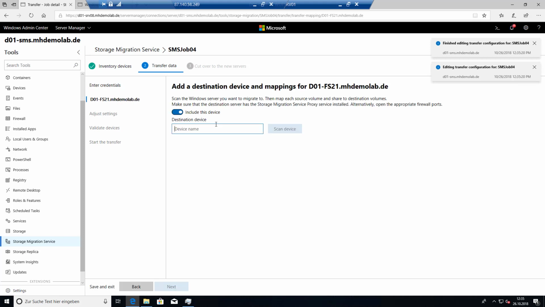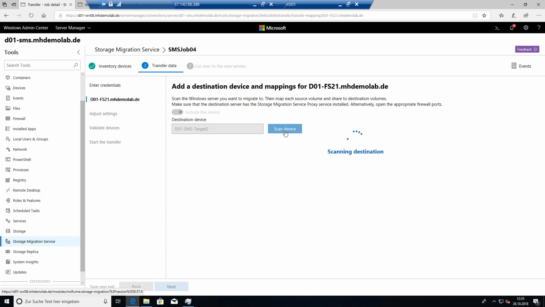Then we have a destination device. For example, I will use the MSMS target 2. This device is scanned, so Storage Migration Service checks if the device is there.